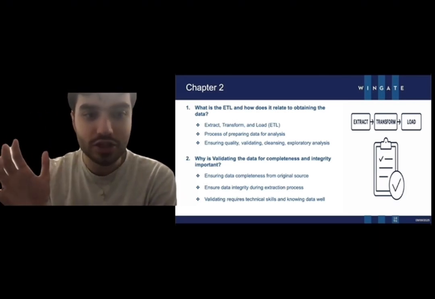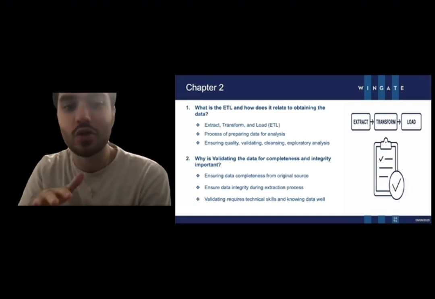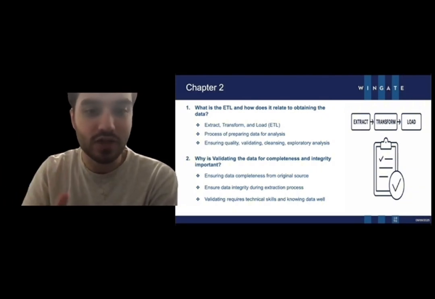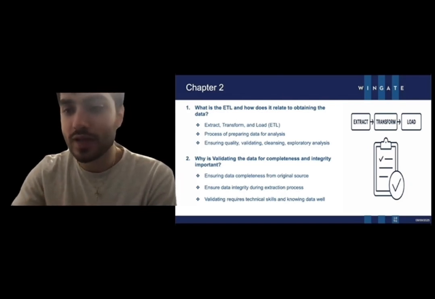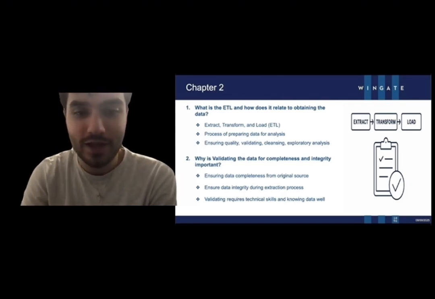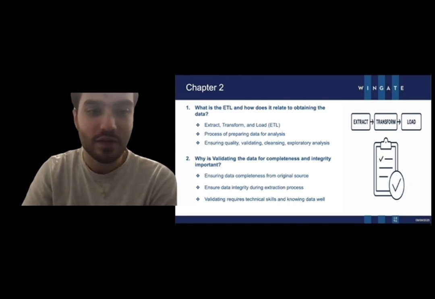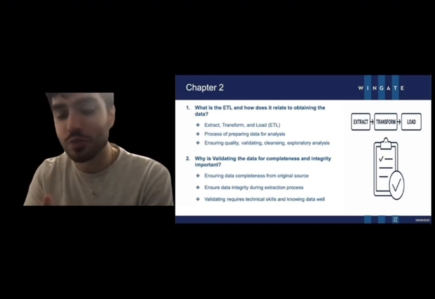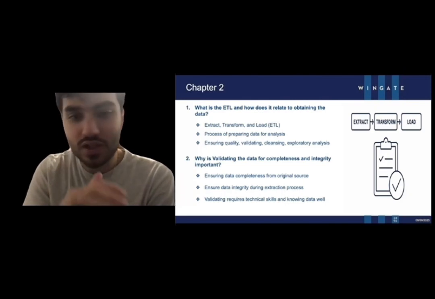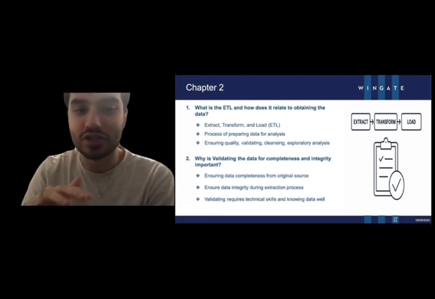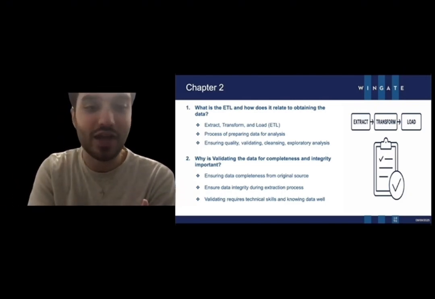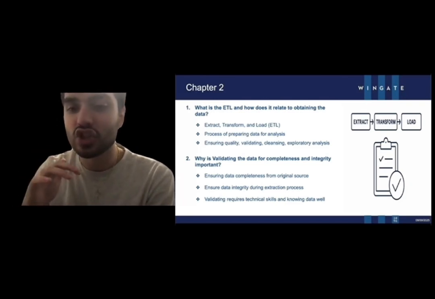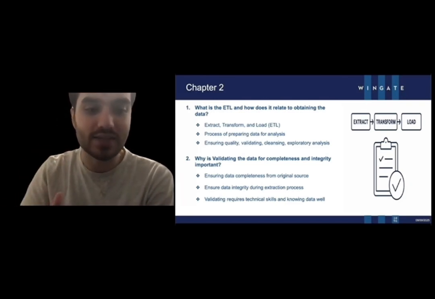So next question is, why is it so important to validate data for completeness and accuracy? Validation makes sure that data is complete and accurate. So that's why I put the clipboard there. It makes sure that it's checking its dots. For example, checking customer IDs prevents errors or duplicates. Without validation, companies risk making decisions based on missing or inaccurate information, which can lead to costly mistakes.